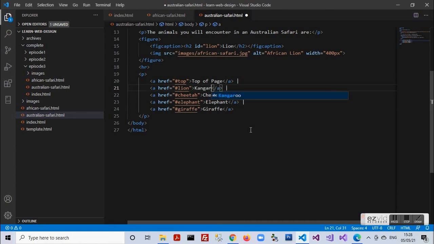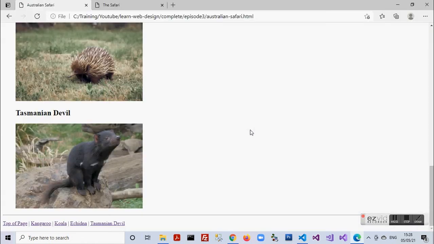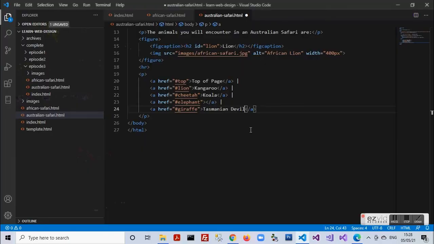I can put in the links kangaroo, koala, Tasmanian devil, and echidna. I need to change the links also.